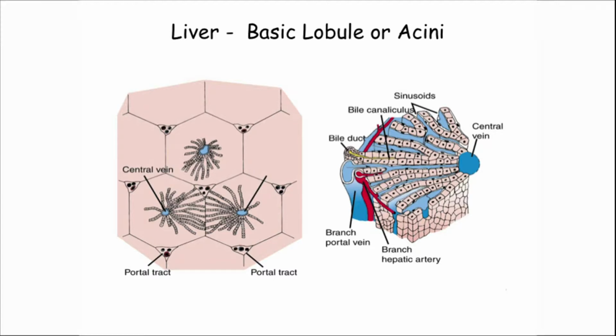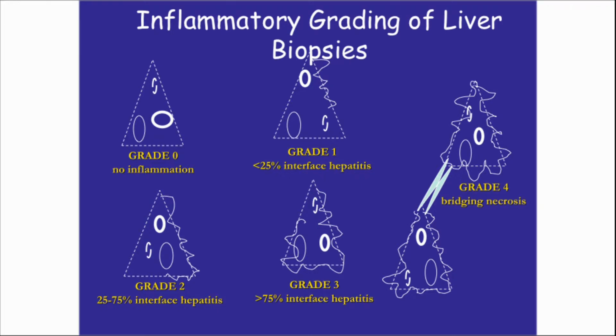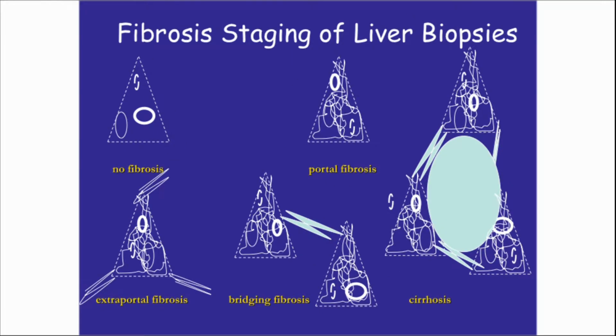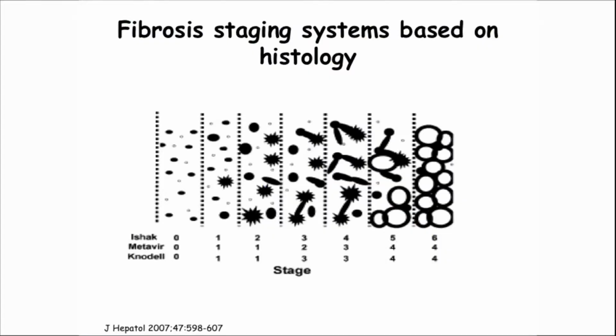in the corner the portal triad, and then in between you get the wonderful sinusoids and the sinusoidal cells that sit in front of the hepatocytes. So this is the sort of basic lobule, or the acini of the liver. And in terms of inflammatory grading, there are a number of different grading systems, but in essence you can look at the amount of interface hepatitis that progresses between different grades, and then start to get bridging necrosis. All of this will then translate into fibrosis, and this is one of the easiest fibrosis stages